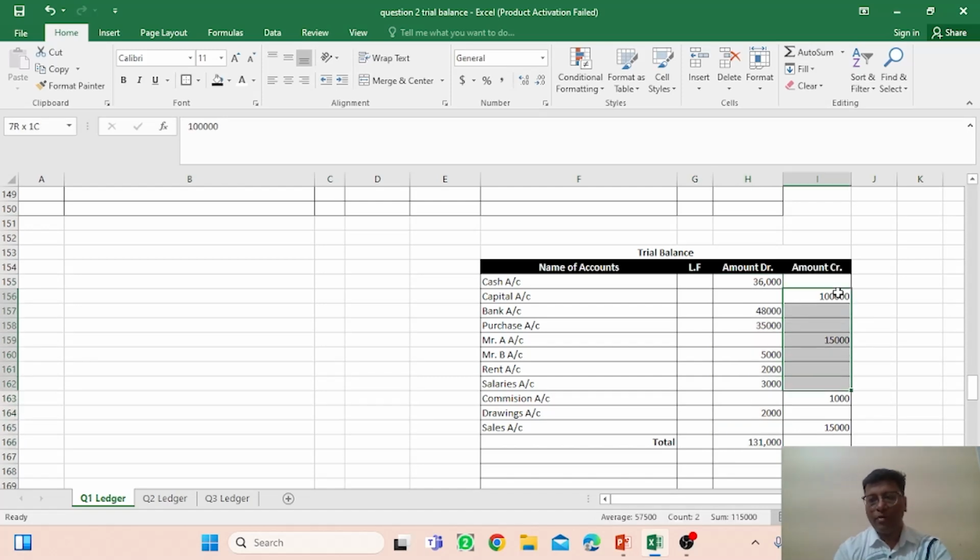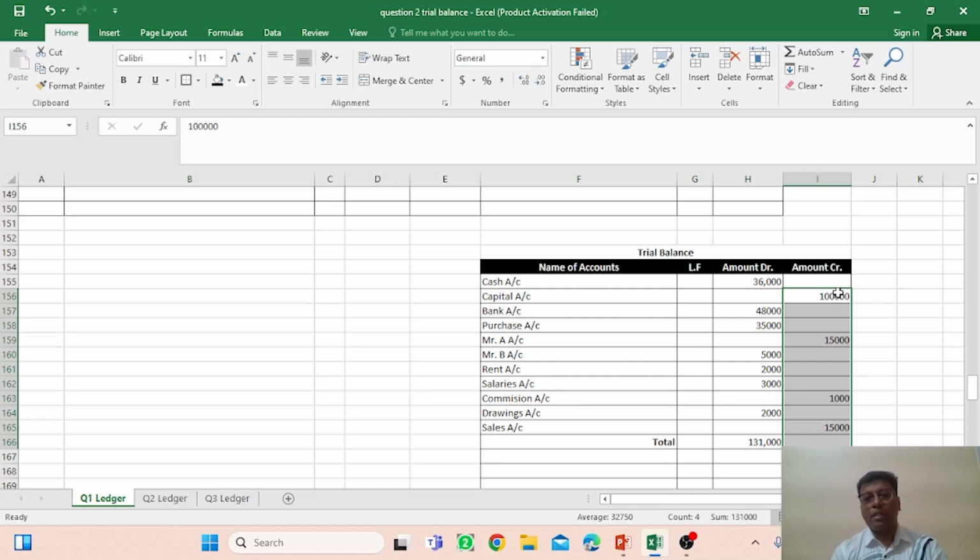If the total of the credit side is also 1,31,000, the trial balance would be assumed balanced. It means the debit and credit match. Both the debit and credit sides are equal, so it ensures that in the ledger posting we left no error. And if there is a discrepancy, a particular difference,